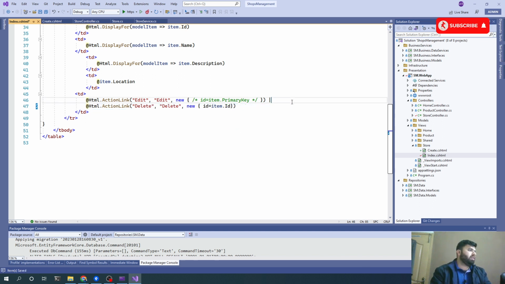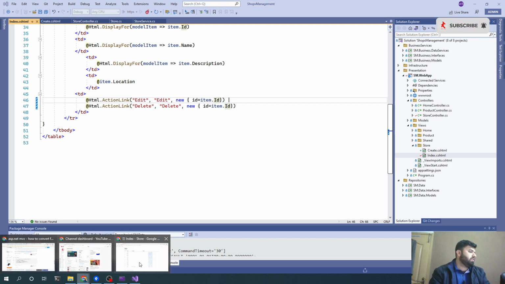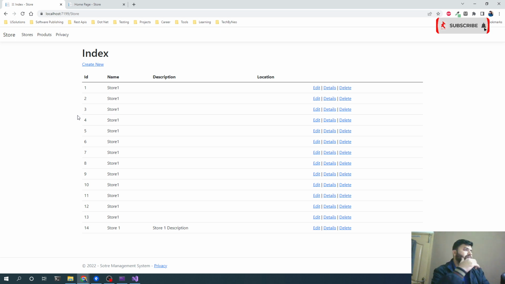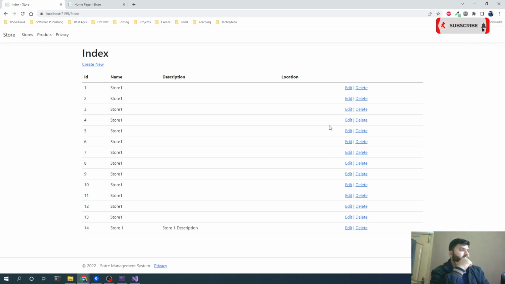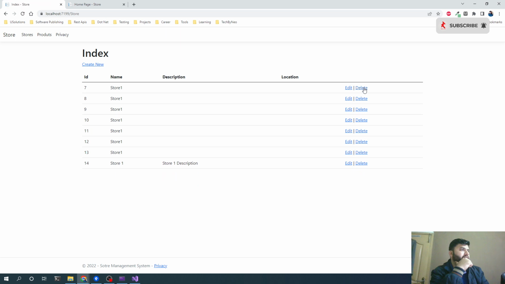We will not require the details, we can remove it, and the same will be required for the other one, item.id. Now again press Ctrl F5. So the details option will be removed from this grid, and we will only have edit and delete now. Okay, so let's just click that delete, and those records should start deleting from the database,